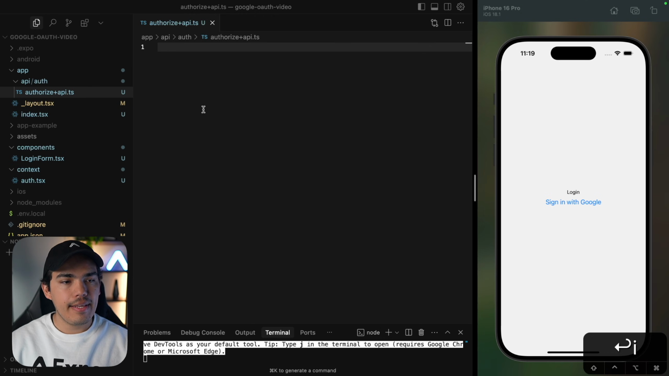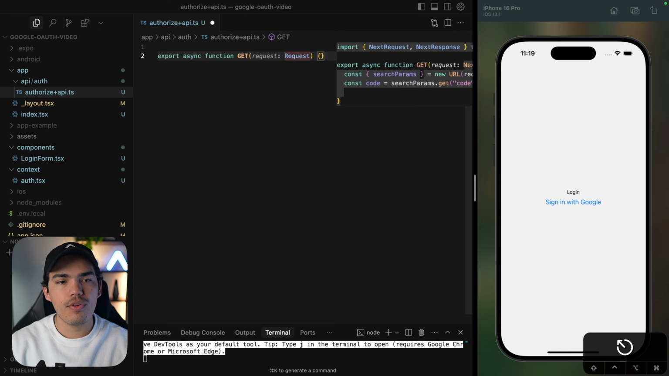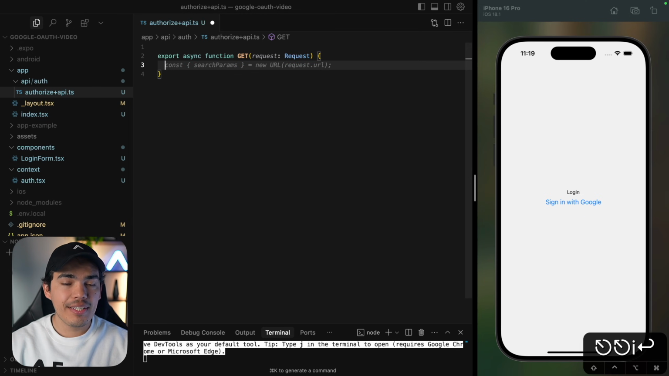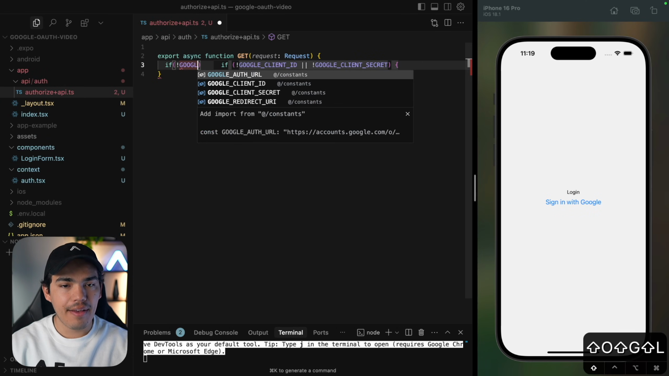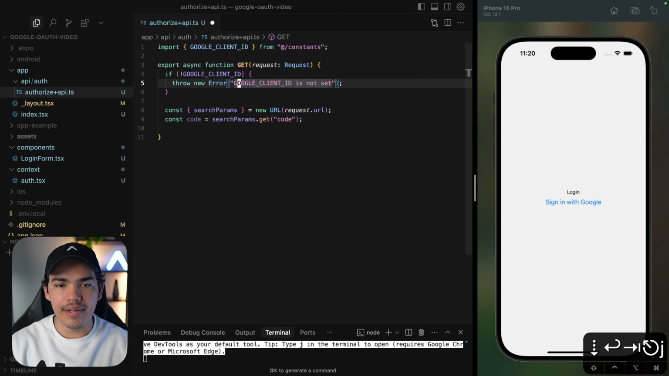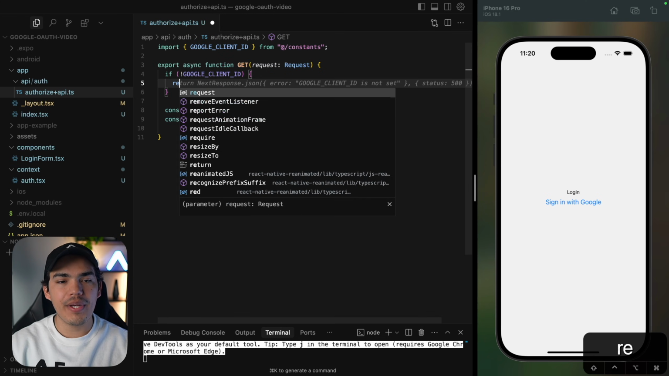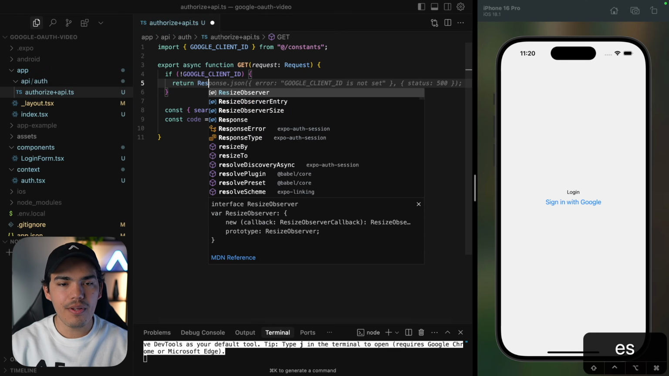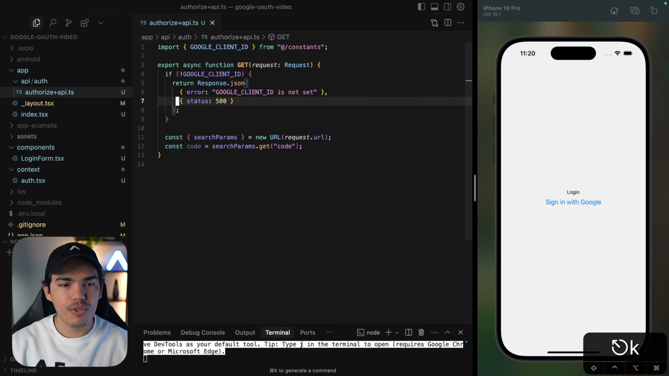So this is the authorize endpoint, and we're going to hit this API to redirect the user to the Google sign-in page where they can approve access. So I'm going to say export async function get. In this case, we're going to need to have the Google ID. So I'm going to say if we don't have a Google client ID, then let's throw an error. That is going to be Google client ID is not set. But actually, instead of throwing an error, I want to return a response.json that is going to look something like